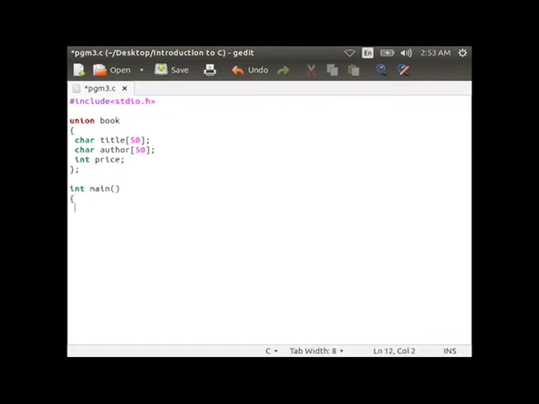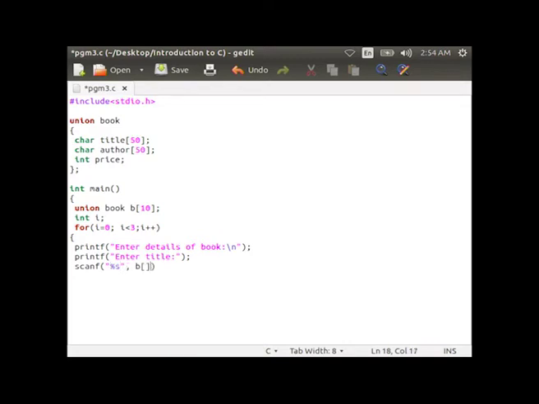Then you start the main function, int main within curly braces, union book b of size 10, then int i, then start the for loop for i equal to 0, i less than 3, i plus plus within curly braces, printf enter details of book, printf enter title, scanf %s b of i dot title, printf enter author name, scanf %s b of i dot author, printf enter price, scanf %d comma ampersand sign b of i dot price, printf, then close the curly brace.